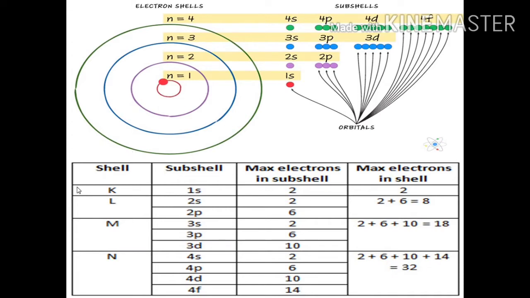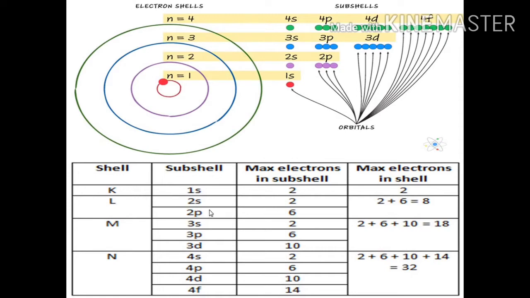We have the same thing again here. You have to know the concept that the shells have subshells. The main shells are K, L, M and N and the subshells are s, p, d and f. Now let us move on to the K main shell. The K main shell, as I told you, has one subshell and the maximum number of electrons in that subshell is 2. That means K can take a maximum of 2 electrons.